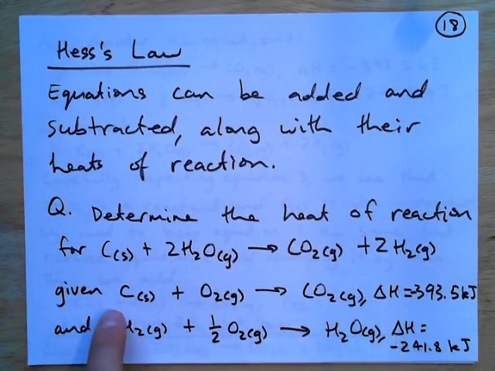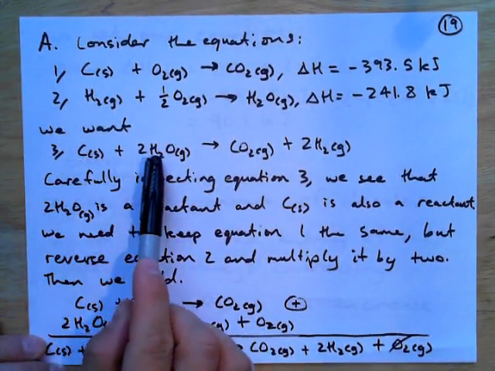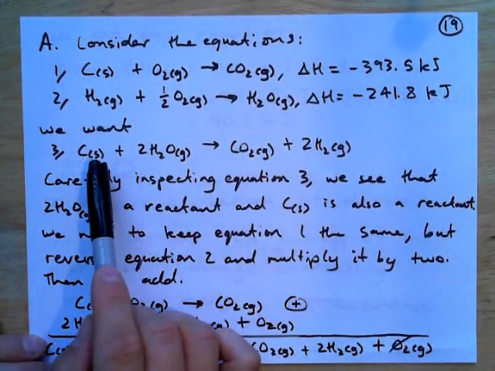We do know the delta H for this other reaction, which is carbon plus O2 gives CO2, minus 393.5 kilojoules per mole is the delta H. And we know it for H2 and O2 giving water, and we have this delta H. So these are two reactions that we do know. So what we do is we write out those two equations that we know, and we label them 1 and 2. Okay, and we really want this equation, which was the one with the unknown,